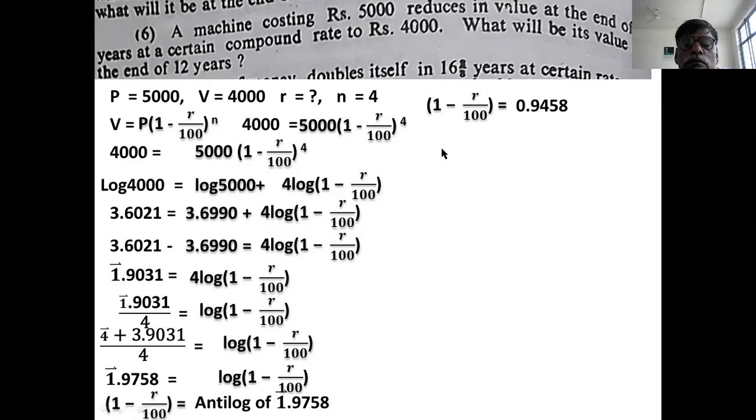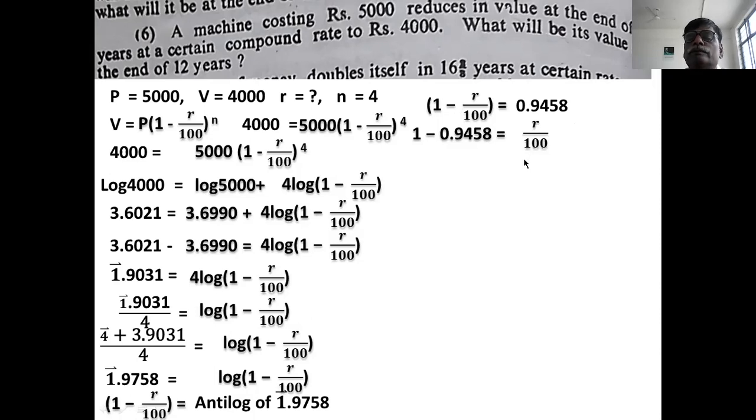Antilog answer is 1 minus r by 100 is equal to 0.9548. 9548 is the answer as per the antilog table, and characteristic is bar 1, so you give a point after the 0. So you take this 0.9458